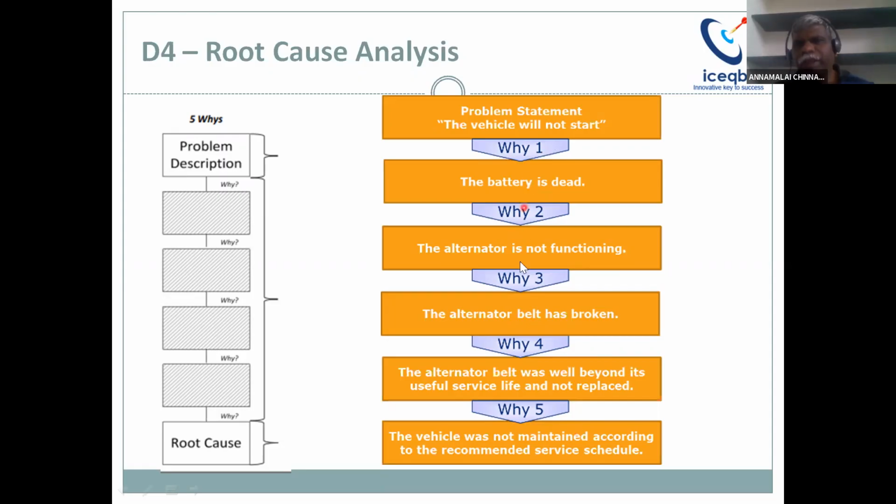And when you ask why 5 times, then you are able to find out the root cause of the problem. Then you will be able to take action on that. So even though we call it a 5Y analysis, it is not necessary that every time you will have to ask exactly 5 questions, 5 whys. Sometimes maybe by asking 3 times why, you will be able to find out the root cause of the problem. Sometimes you may go to some 7 or 8 steps in order to get to the root cause of the problem. So one other example I can just give you, for example,